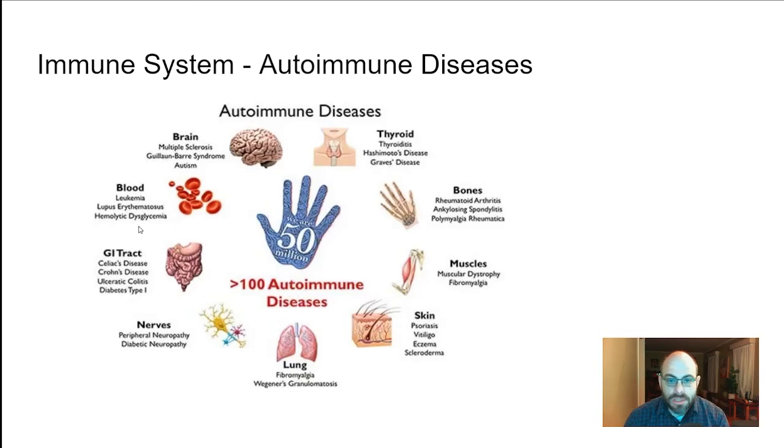What is an autoimmune disease? Auto, self, right? Immune, so immunity against yourself. This is where the body decides that something about you is wrong and it doesn't like it. A great example of an autoimmune disease is type 1 diabetes. And so type 1 diabetes is where the pancreas, basically the portion of the pancreas stops working. Why? Because the body attacked it and killed it. Why does that happen? Well, there's a lot of research to figure that out. We don't really know. Some of it's genetic, but some of it's not.